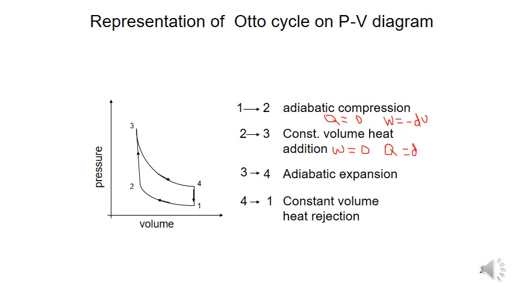The third process is the adiabatic expansion process, 3 to 4. Air expands adiabatically, which means it holds PV to the power gamma is equal to constant, and work is done by the system at the expense of the internal energy. Here the power stroke takes place. In 3 to 4, the pressure and the temperature are decreased, from T3 to T4, and the volume is increased from V3 to V4.